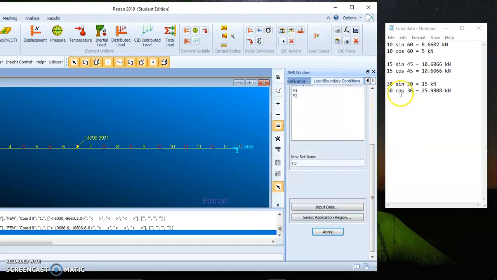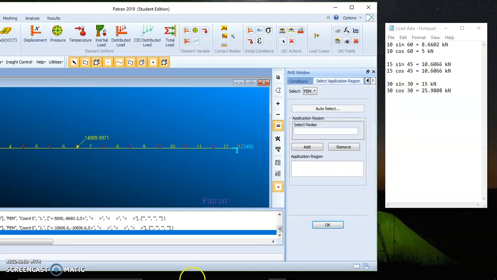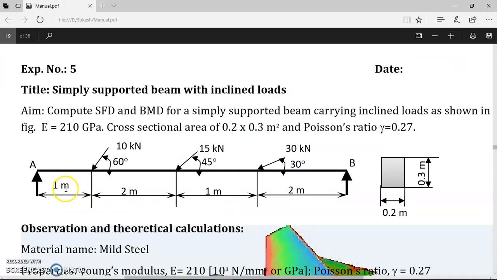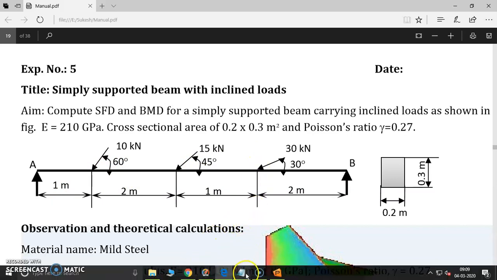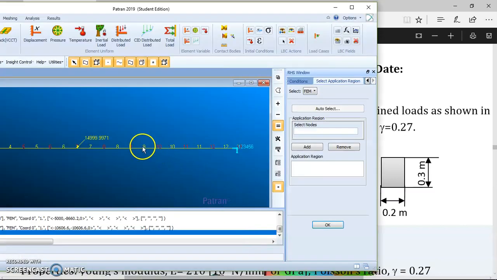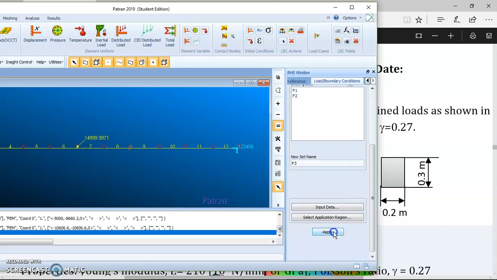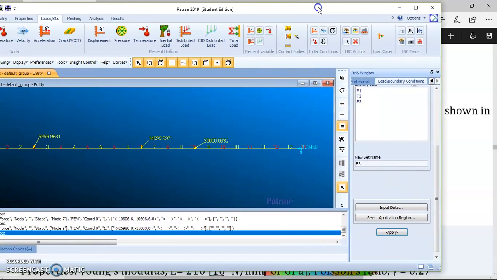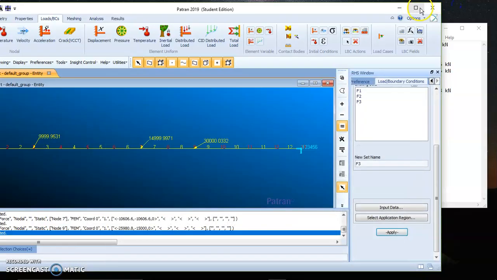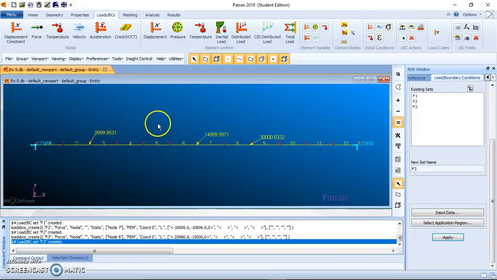That is 30 cos 30 and 30 sin 30. Select application region. It is at a distance of 1, 2, 3, 4, 5, 6, 7, 8 elements, that means the 9th node. Node number 9. Add. Okay. Apply. So these are the inclined loads which are there in the system.